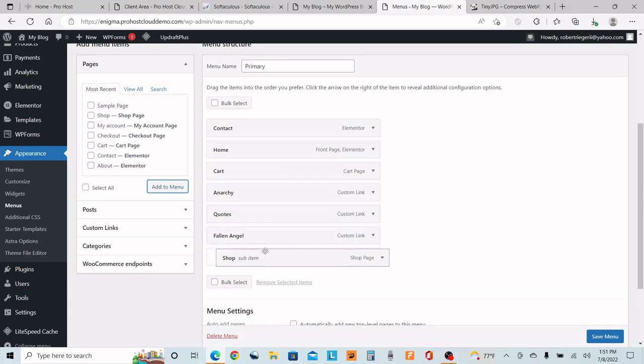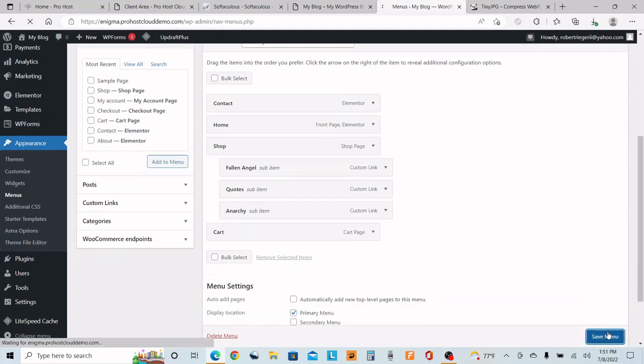Okay, we're going to take the shop and put it right underneath the home, and then move Fallen Angel as a subcategory of shop. We're going to make quotes a subcategory of shop, and then we're going to take Anarchy and make it. All right, so that should be better. We're going to save menu,